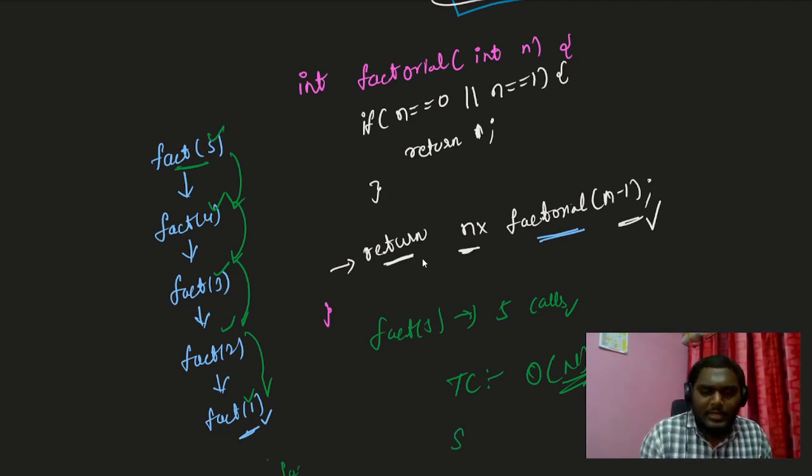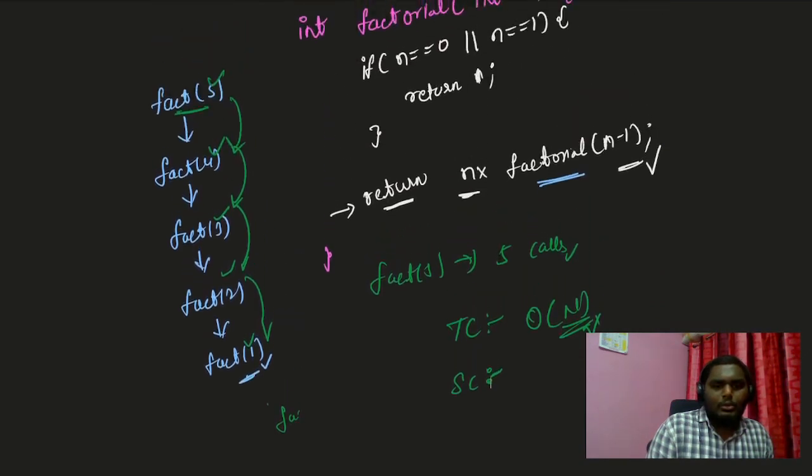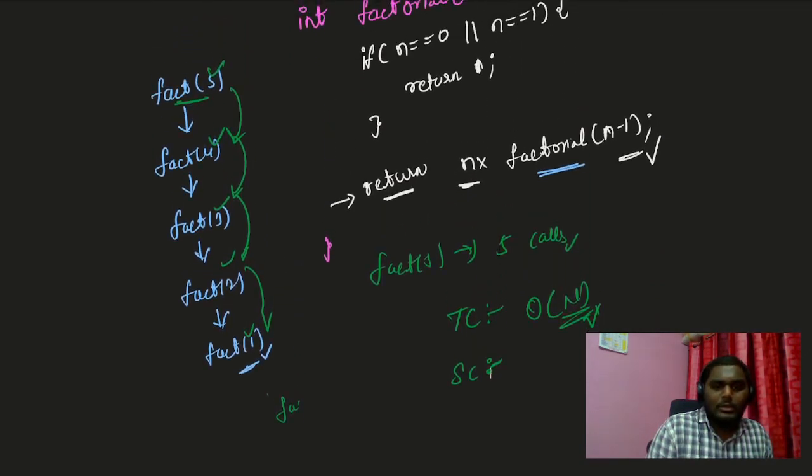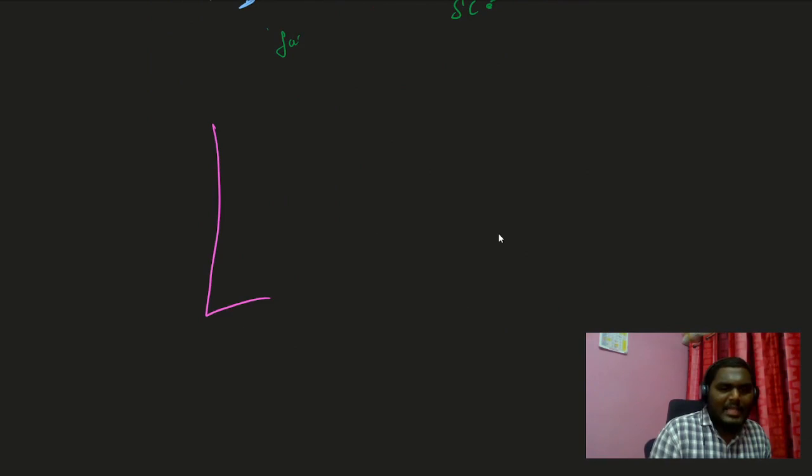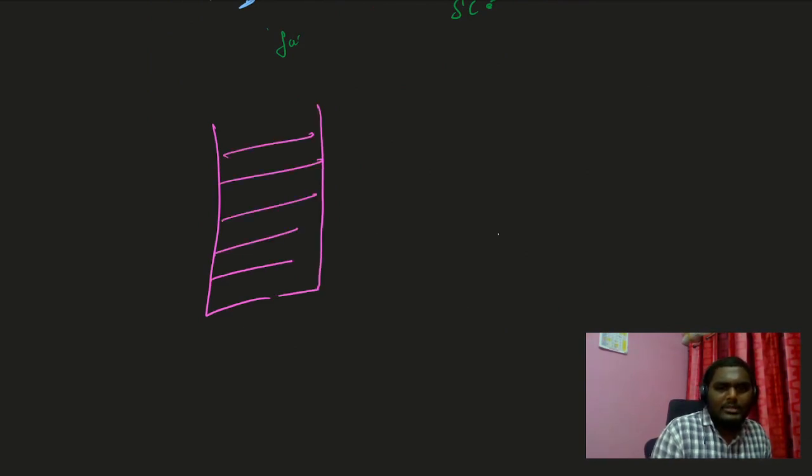And what is your space complexity? To store all your function calls or recursive calls, you will be using something like stack space. Okay, stack space, we'll come to this. And what is stack space? Let's say the first function call you have made is fact of 5. Then from fact of 5 you made fact of 4, then 3, then 2,